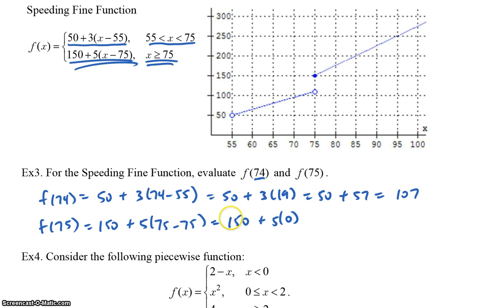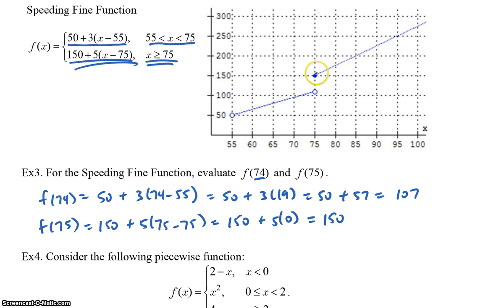So if you're caught speeding at 75, you owe $150, but you're not going above 75, so you don't owe anything beyond that. So it's just 150 plus 0, $150. Now, the point (75, 150),